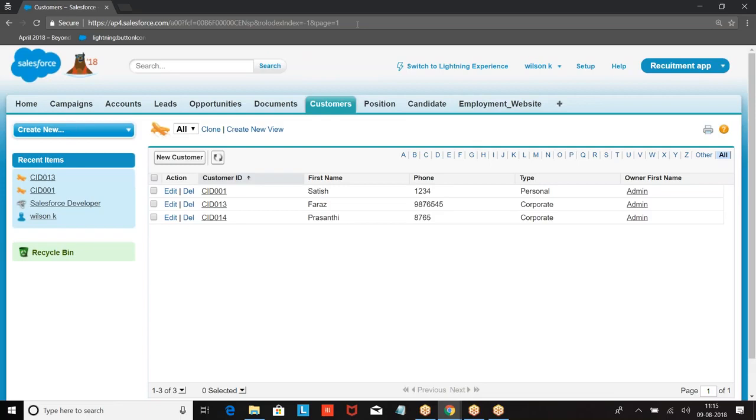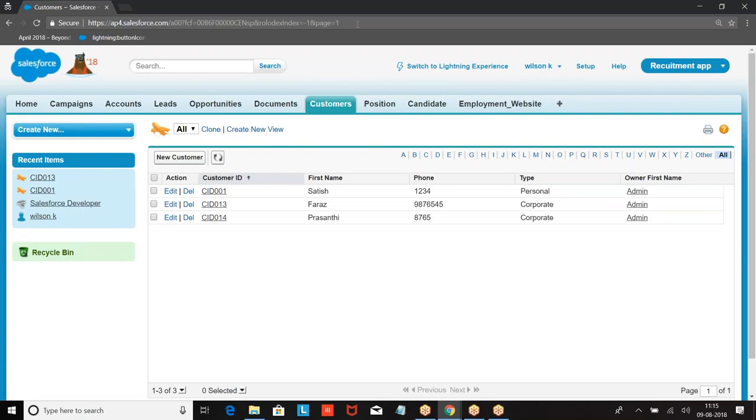Criteria based and owner based are automated sharing rules. So all the records which are owned by me, today there are 4 records. Tomorrow I may own 10 records. So all the records which are owned by me will be automatically shared with this guy. Tomorrow if I add 2 more records to my name, automatically they will also be shared. Criteria based: whichever records are meeting the condition will be shared with the user. Now tomorrow, if 10 records are meeting the condition, 10 records.